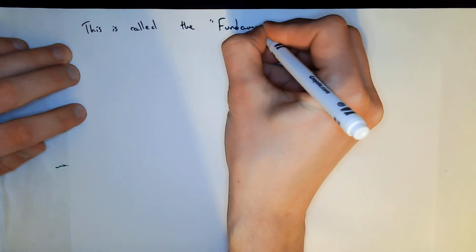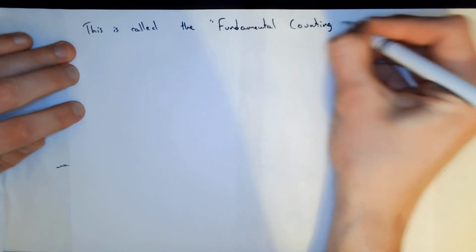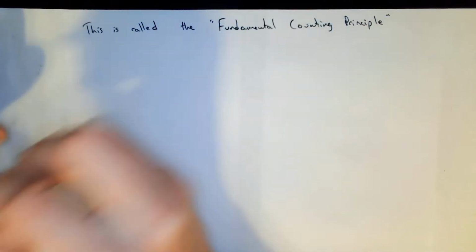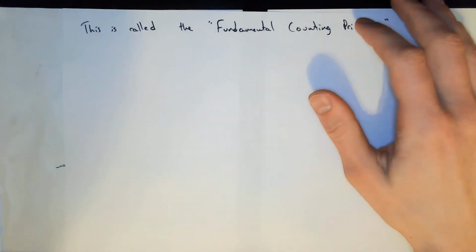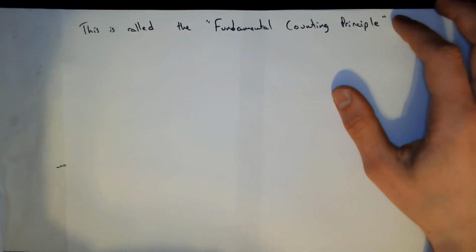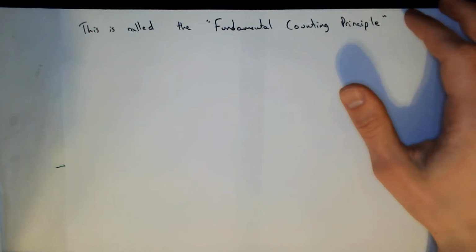Now, if you look at the definition for this in the text, it's a little confusing. It's kind of hard to write down what it is. It's easy to show you, but when it's written down with the technical wording, it may get hard to understand. You can read it on page 315 if you'd like to see the technical wording of the fundamental counting principle. But essentially it just says